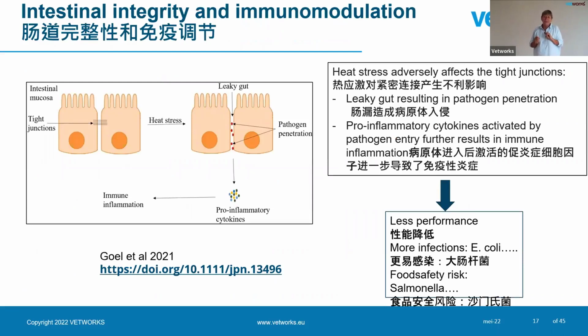So here I want to show you, I think this is a very important slide, what heat stress does to intestinal integrity and immunomodulation. Because we say heat stress gives you a leaky gut, and at the same time it activates the immune response. Heat stress affects the tight junctions, and these tight junctions are important to filter what is going through the top side of the epithelial cells. That's the lumen of your gut, where the nutrients come in and can be absorbed through the cells. The tight junctions are there to keep out the things that you don't want. In case of heat stress, those tight junctions are open. The door is open to